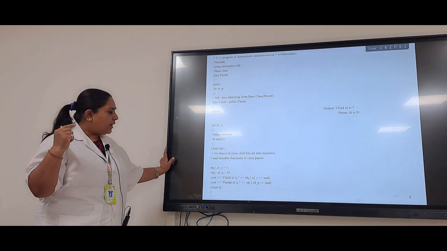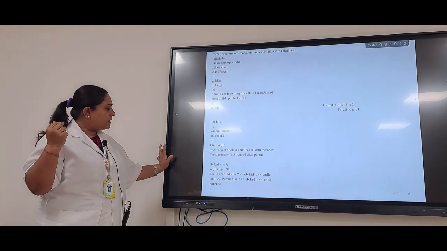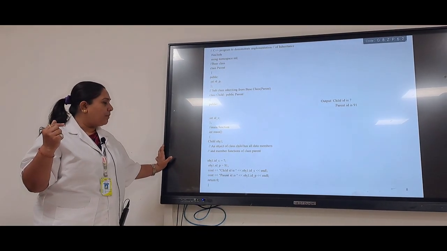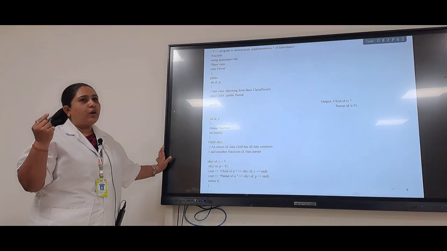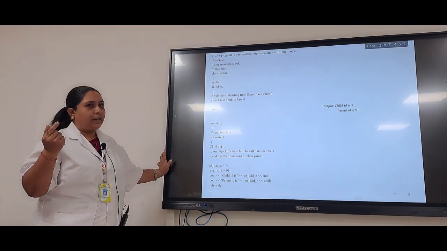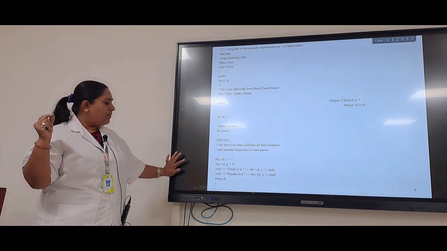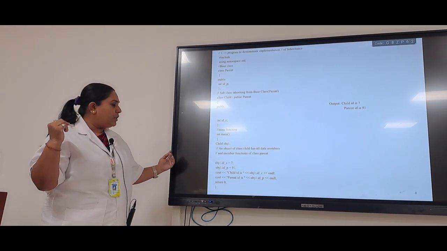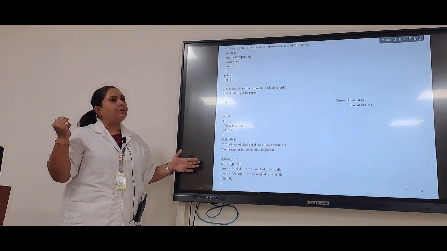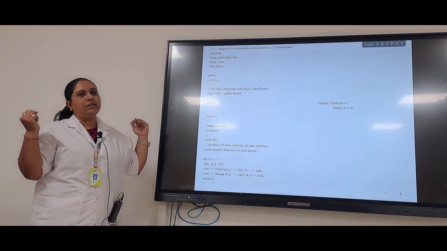With the object I am accessing one of the variables of the derived class, and in the next line the same object is used to access an element defined in the parent class, that is obj1.id_p, which is equal to 91. Ultimately, with the help of cout I am displaying the child id and parent id. This is one of the examples showing how we can implement inheritance in C++.